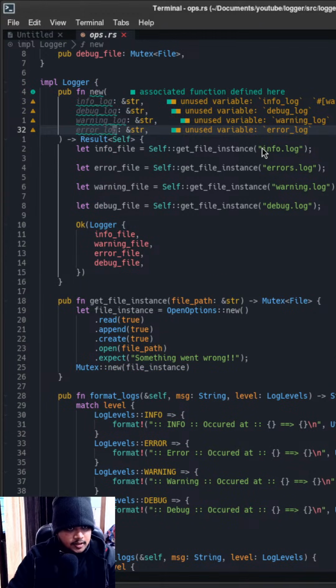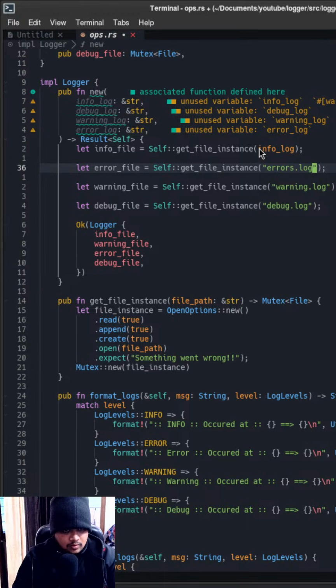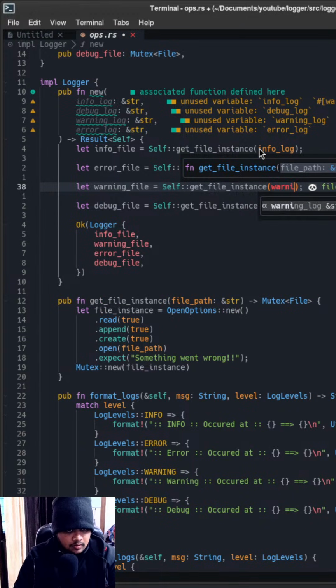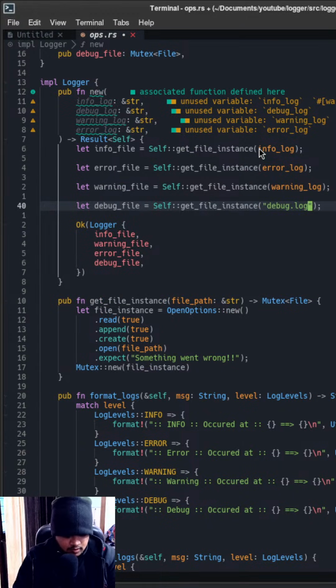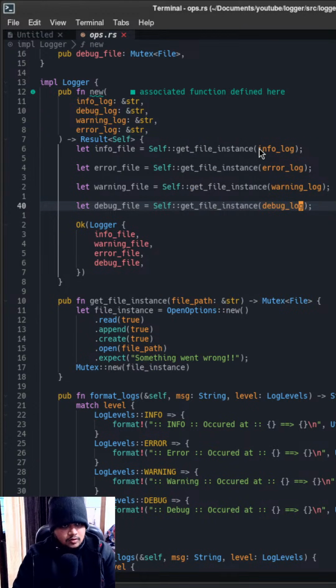Right, and over here I can just pass in info log, error log, warning log, and debug log. Right, now that it's written in new,